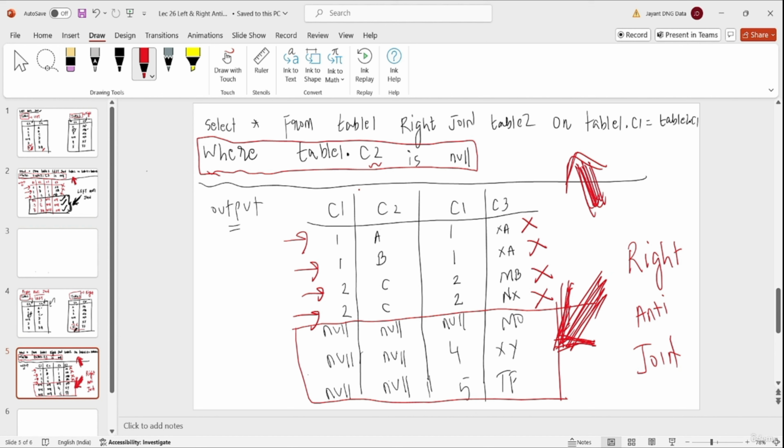And we also discussed how we decide whether a given table is the left table or the right table. Whenever you are writing the join, for example in the select statement here where we have written right join, first the name of this table appears, table 1. So this is your left table. And the table that you have written after the right join is your right table. It may be a left join, a right join, or any join: the table that appears first will be your left table, and the table that appears after writing the join is your right table, right? So you can determine the left and right tables from there.